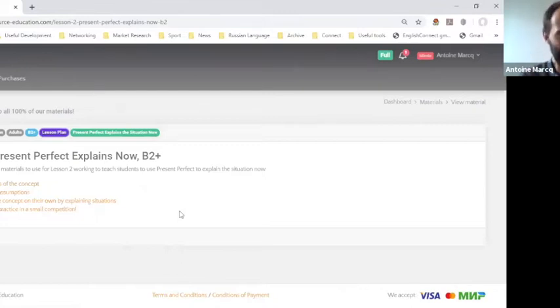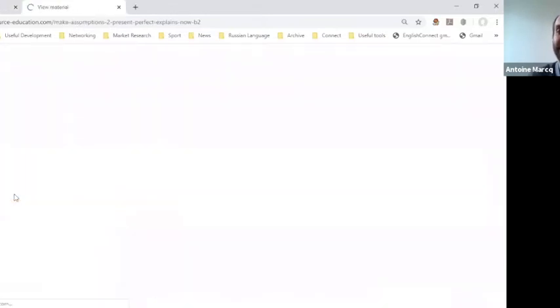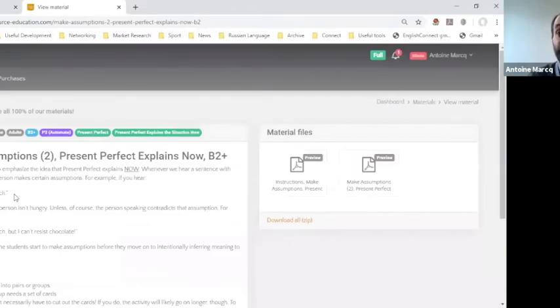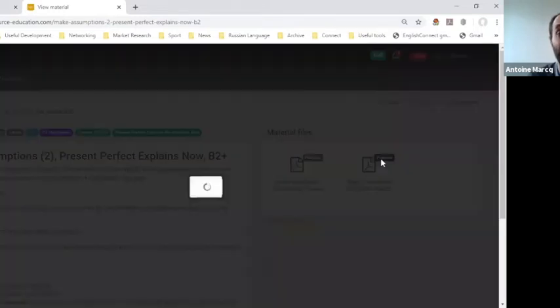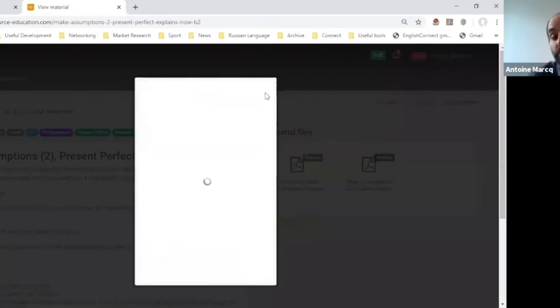If the first lesson went well, there's no need to reteach it. I don't want to confuse my students. I would only go more in details or bring more examples if I felt that at the first lesson it didn't work. My students were confused. And you see, second lesson, I'm going to continue making assumptions. This is one of the best activities you can do for present perfect with your students. Continue making assumptions. So bring them new cards.